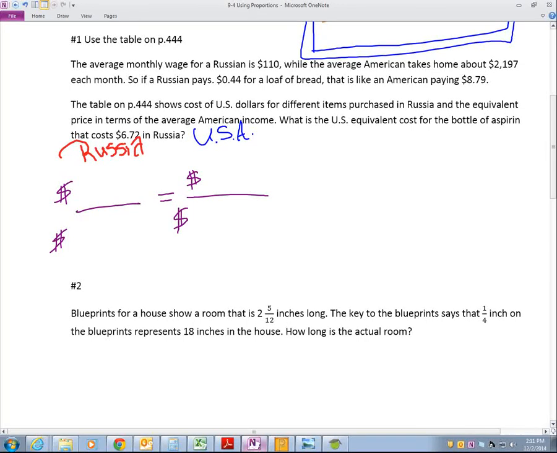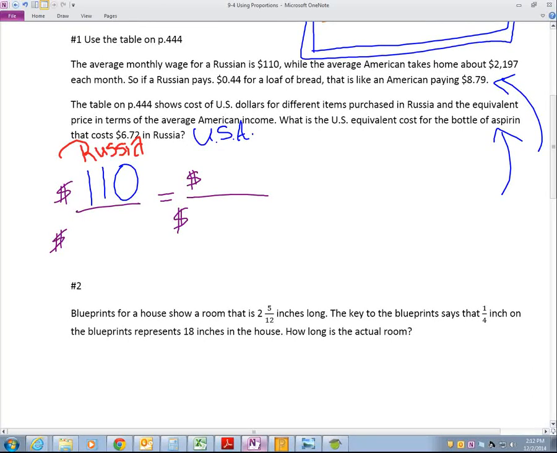Russia. What is something that we know? We're trying to find out what is something we know with Russia. That their prices need to be cheaper, exactly. So what are two things in the information that we have in this paragraph and this paragraph that we can compare each other to? 672 over 110. Okay, let's talk about that 110. What's that 110? 110 is how much they earn per month. Okay, where? Job. In what country? Russia. Russia earns $110 on average a month.